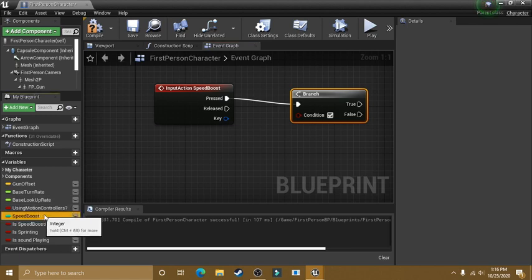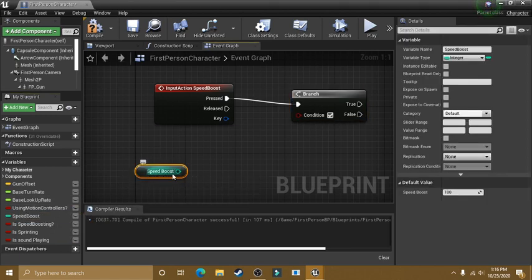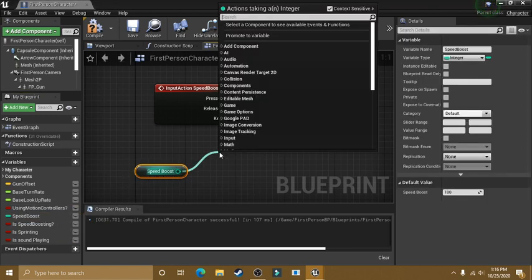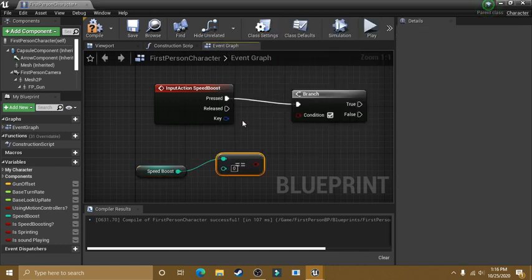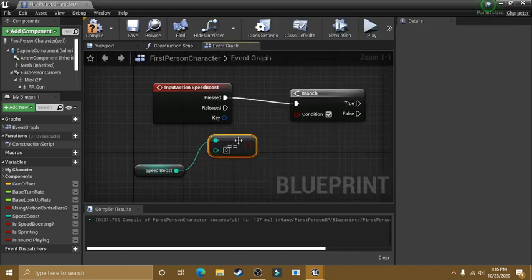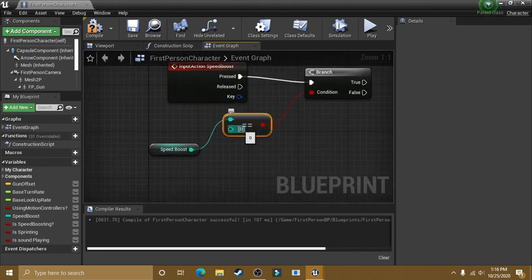Now we're going to get our speed boost, drag off it, equal to equal. So if it's equal to 100,